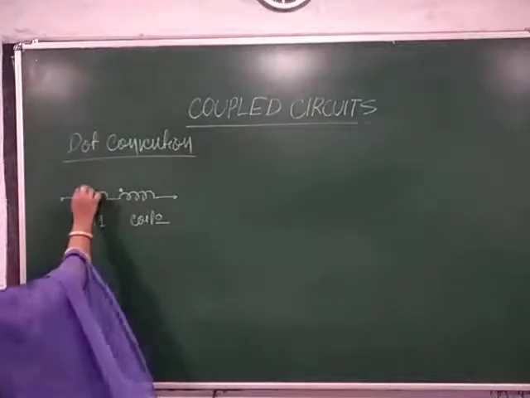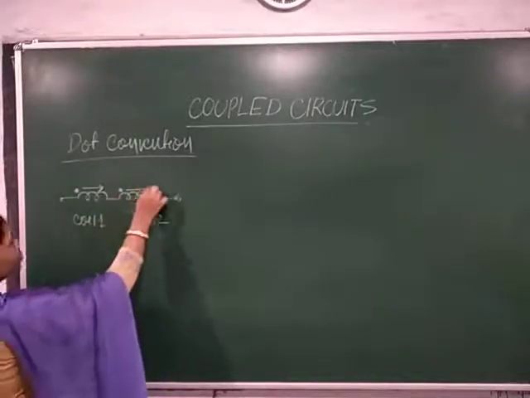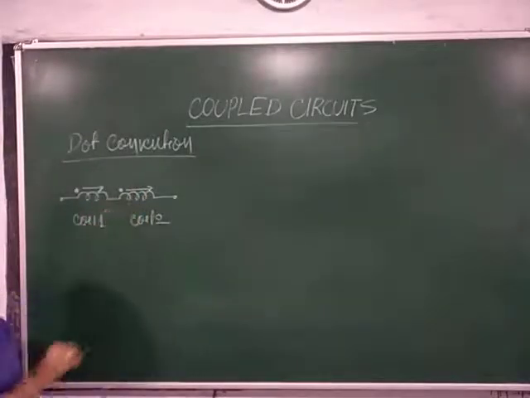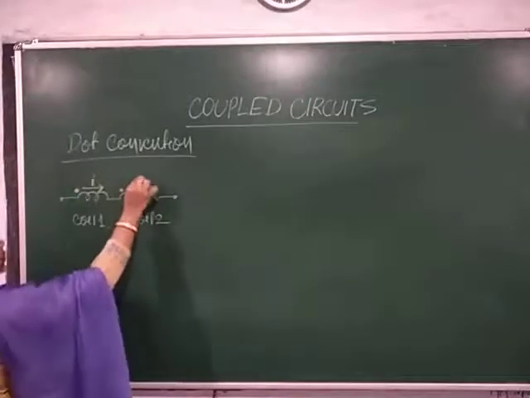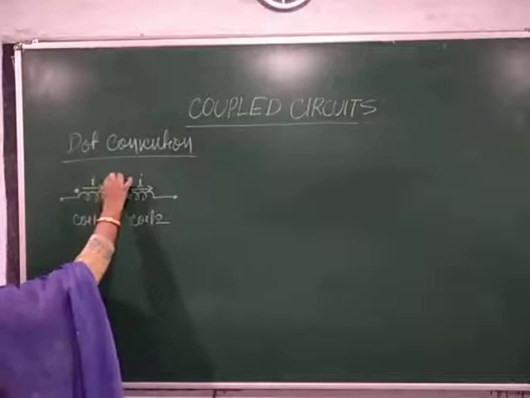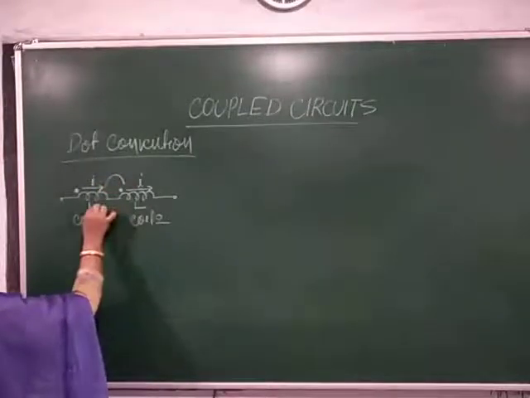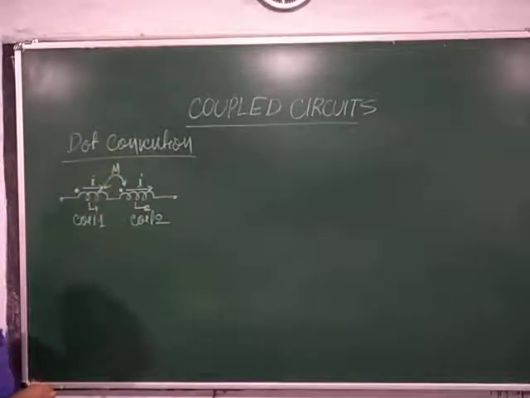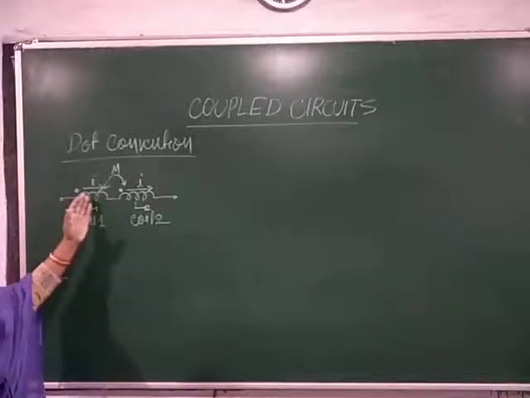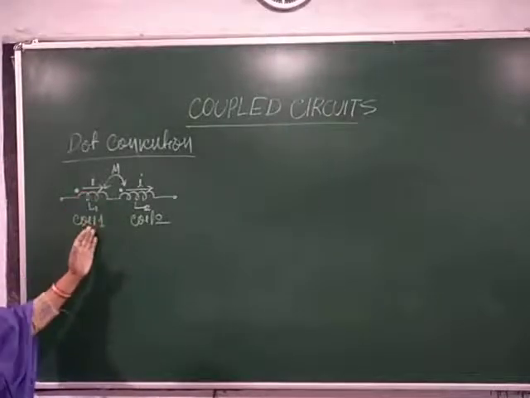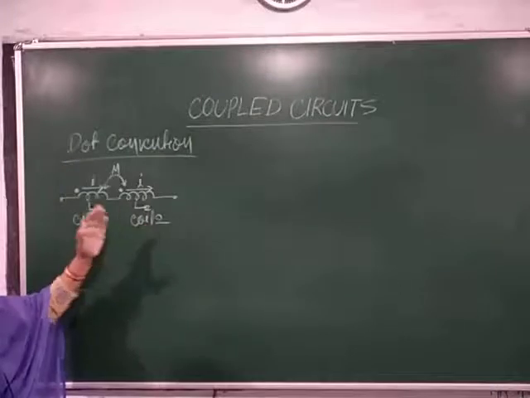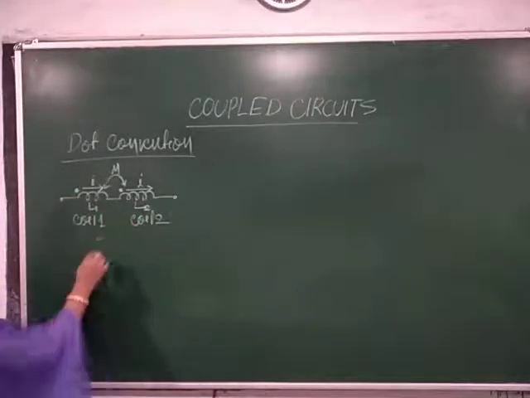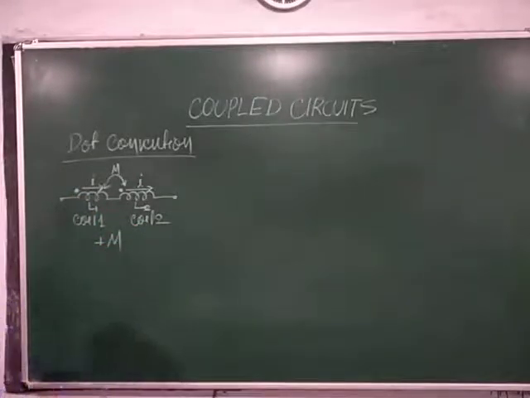Okay, and if I show the through current flowing through these two coils, as they are connected in series, the same current is flowing. Suppose the self inductances of the two coils are L1 and L2, and the mutual inductance is M. As here the current flowing in coil 1 and coil 2 is in both cases leaving the dot, hence the polarity of mutual inductance is M here.